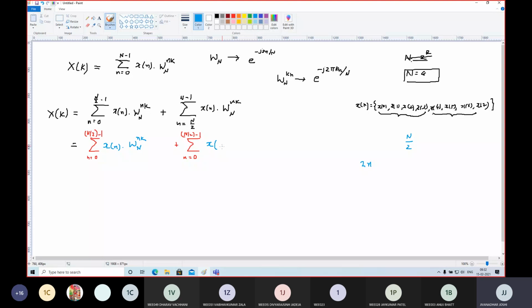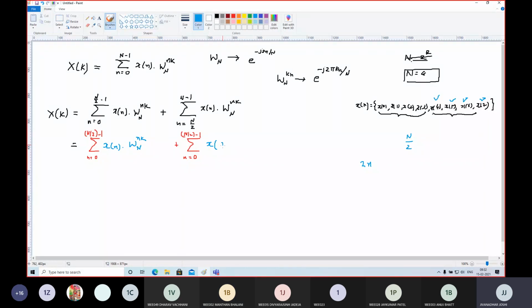Here I should have x of 4, then x of 5, then x of 6, then x of 7. So think about it. A term inside the bracket which will give me x of 4 for n equal to 0, then x of 5 for n equal to 1, then x of 6 for n equal to 2, and then x of 7 for n equal to 3. n by 2 plus n. n plus 4. Yes, I think Manthan has replied correctly.